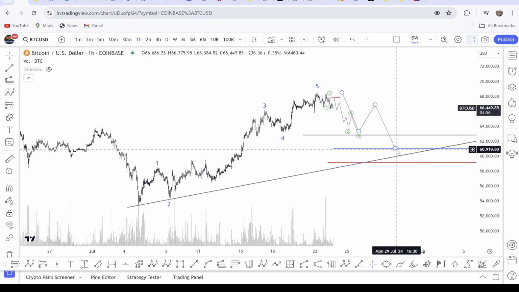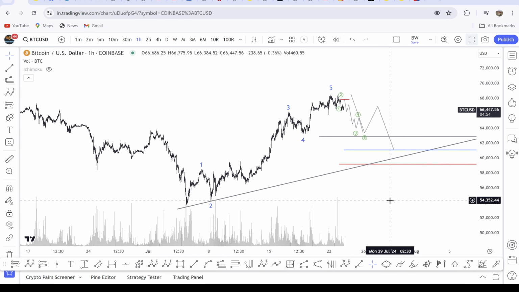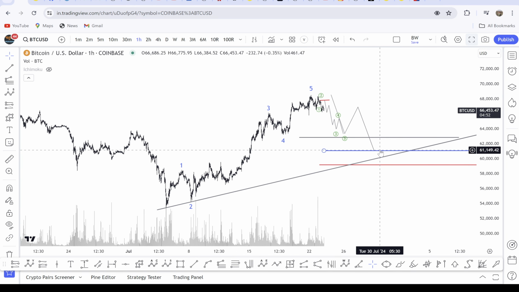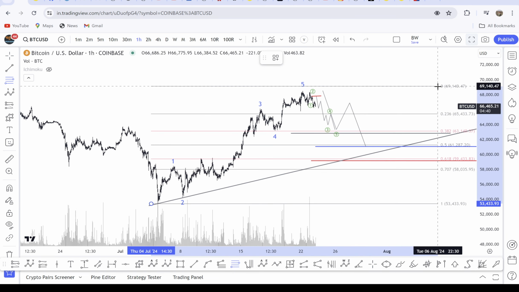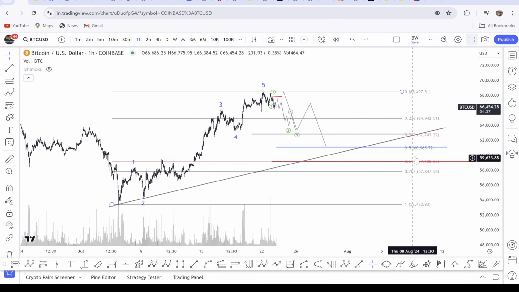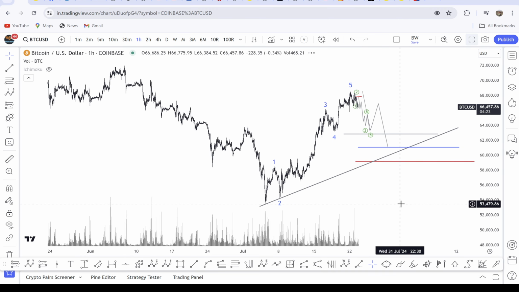when the C wave completes, we have to be alert, either it completes near 62,800 or 61 or 59. Why have I put this line? Because it's a correction of these 5 impulse waves. The 38 percent is around 52,700, 50 percent is around 60,900 and 61 percent is around 59,100. So we have to hold